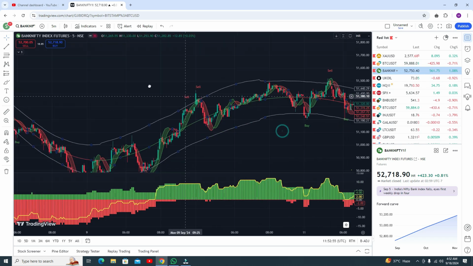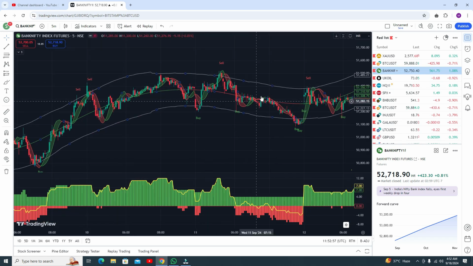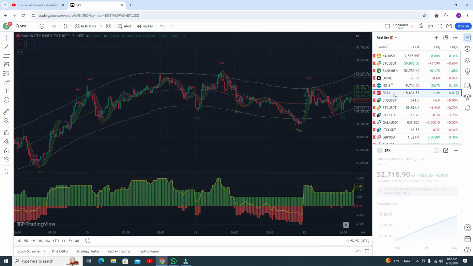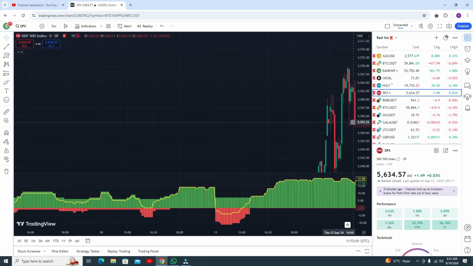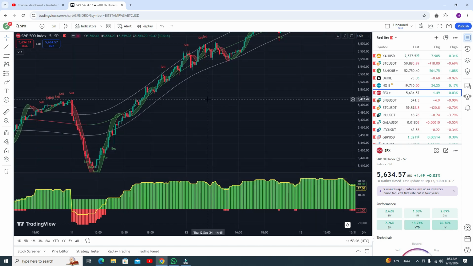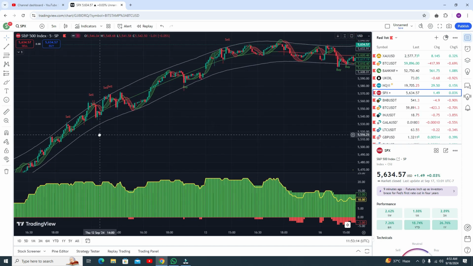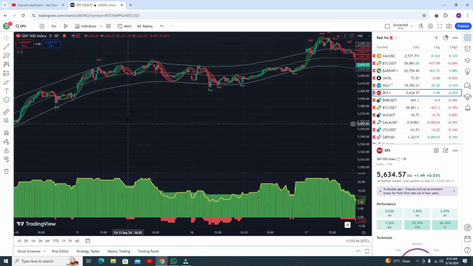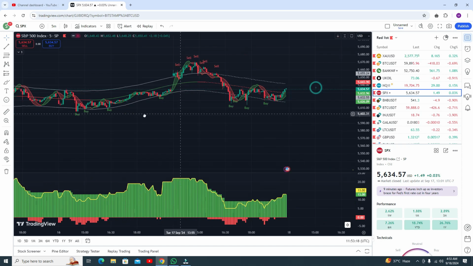Now you can see my indicators work perfectly on Nifty. Let me show you results in SPX and Nasdaq as well. Okay, so here you can see, from this point you can go for the buy trade. From this point you need to go for the buy trade, and it gives you amazing profit. Amazing. Another buy entry and profitable.